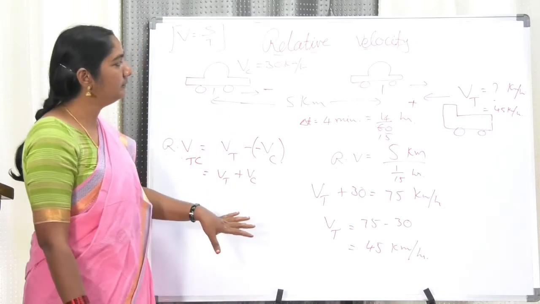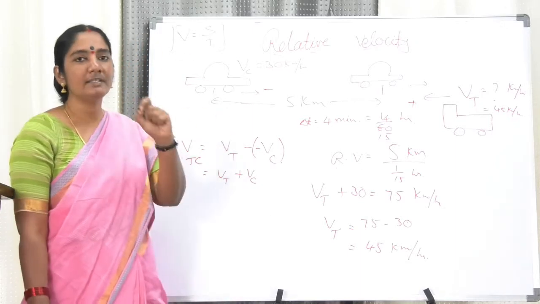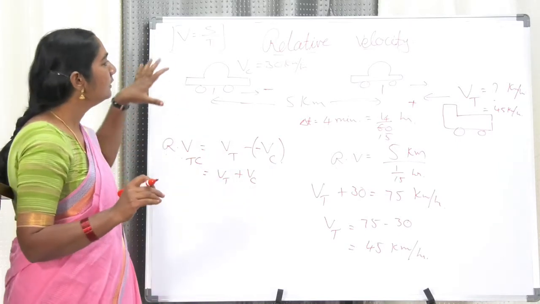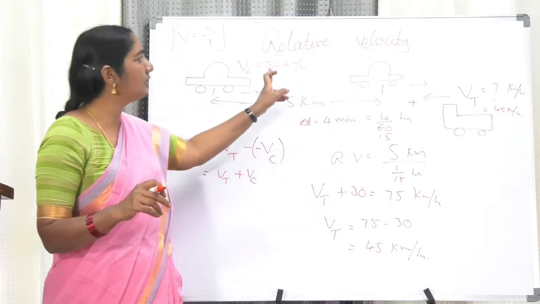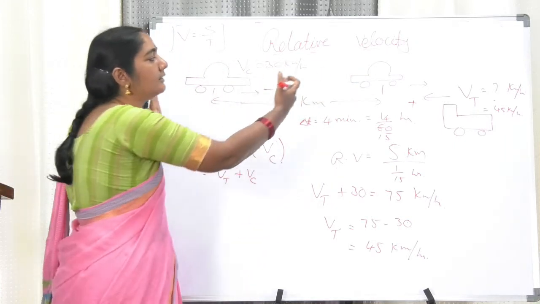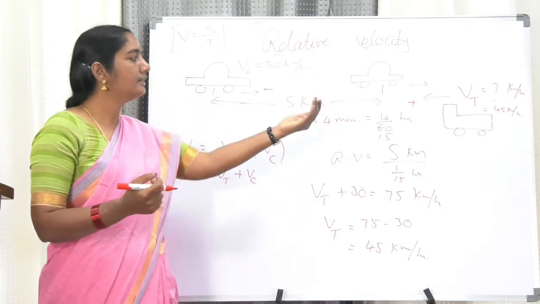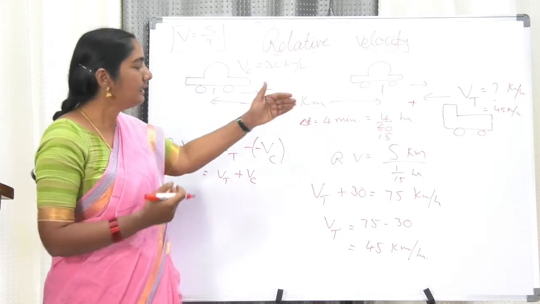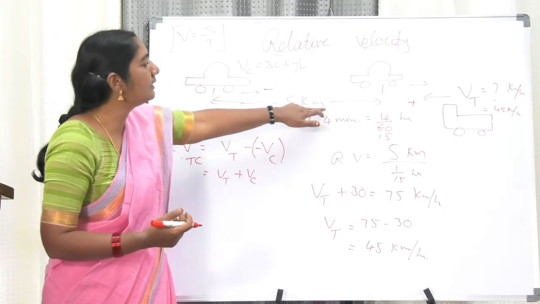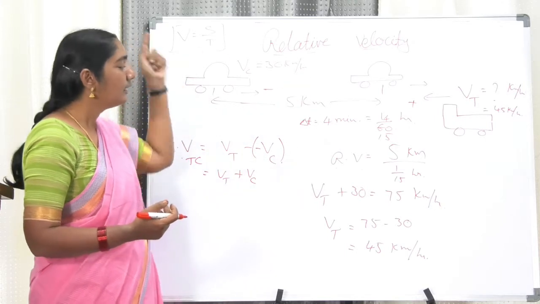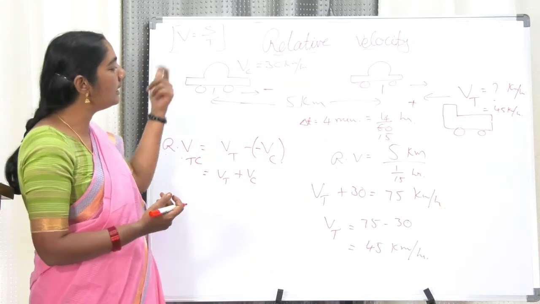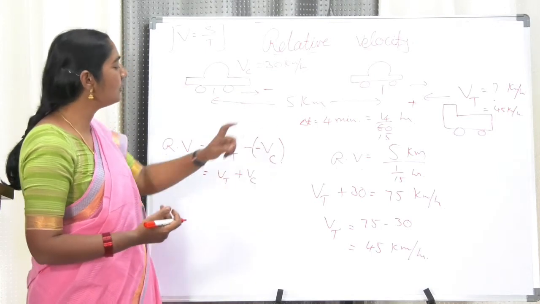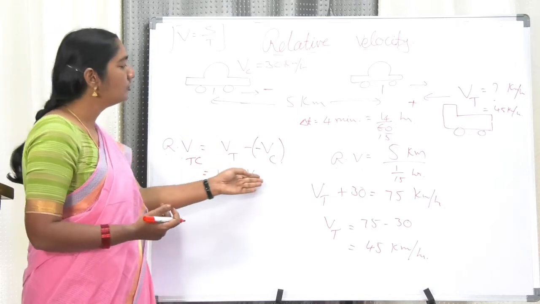So in this problem, it seems to be a bit complicated for you, but it is not complicated if you try to understand. Both the cars are going in the same direction with the same velocity, which indicates that the distance maintained is the same. Now the truck is coming in the opposite direction and crosses the two cars in this time, which means it is covering the distance of 5 kilometers. Now in this particular case we have to take the relative velocity equal to velocity of the truck minus velocity of the car. Just now we have seen the reason why.